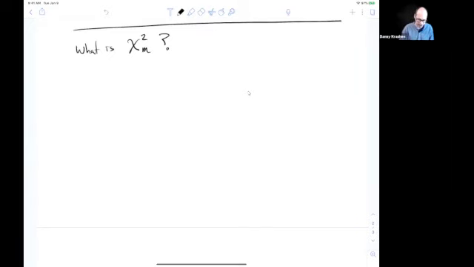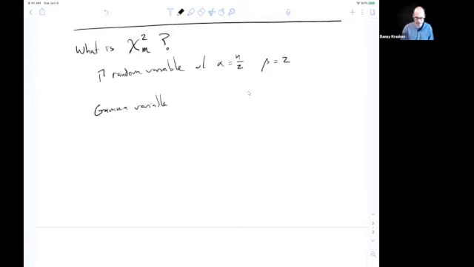So this is the gamma random variable with alpha being n over 2 and beta being 2. So recall that the gamma variable, this is of course the Greek letter, and this is how we write it in English. The gamma variable is governed by the probability density function, which is